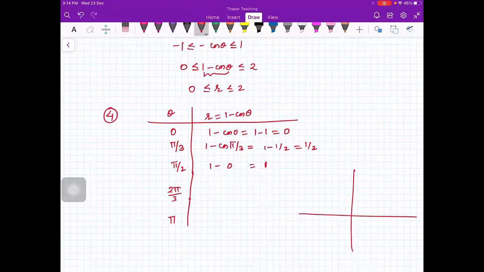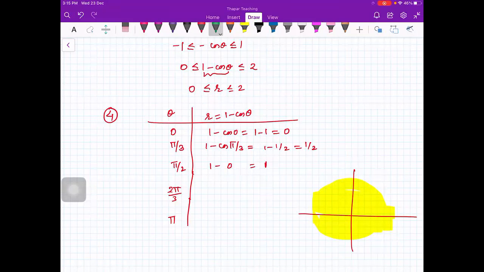Should I go for after pi also? Yes, no? Ma'am. You know that the graph is symmetric about the x-axis, so you just plot it above the x-axis. Whatever graph you get, you can just copy. So you will plot your graph above the x-axis, and whatever graph you get, you can make a mirror image. That will be your graph below the x-axis. So I don't need to go beyond pi because this graph is symmetric about the x-axis.